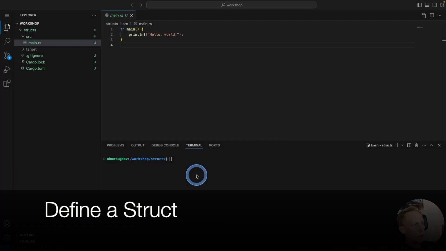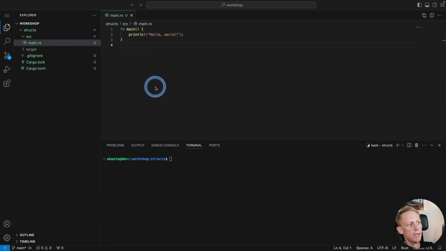So I'm here in my console and we have a very typical function main, print hello world. I'll just show you that that's working. So we do cargo run. Okay, good, hello world. So the next thing we're going to do is we're going to create a struct, and